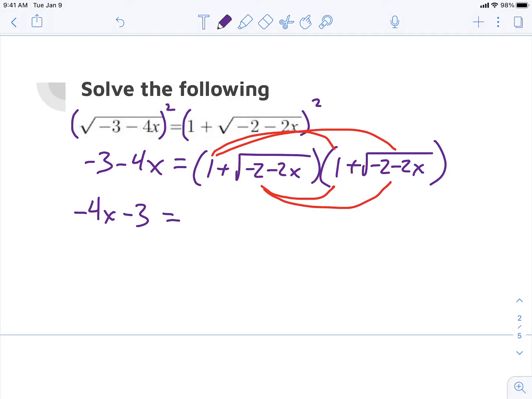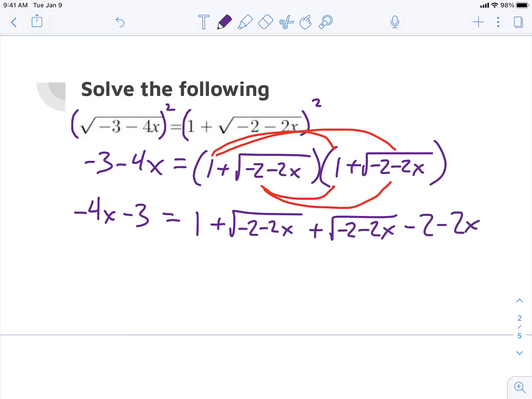And now as I FOIL this out, I have 1 times 1, then 1 times the square root, then another, the square root times 1, I guess in this case. And then the square root times the square root, it cancels the square root, and so the only thing that's left is what's on the inside, -2 minus 2x. Okay,